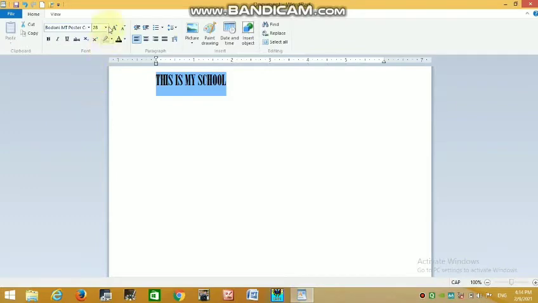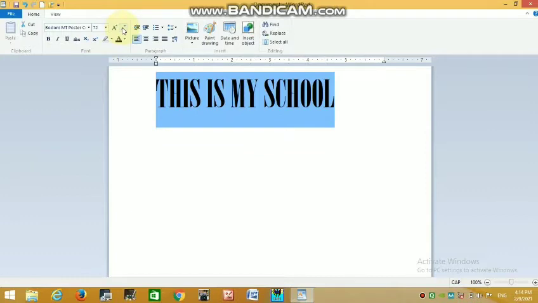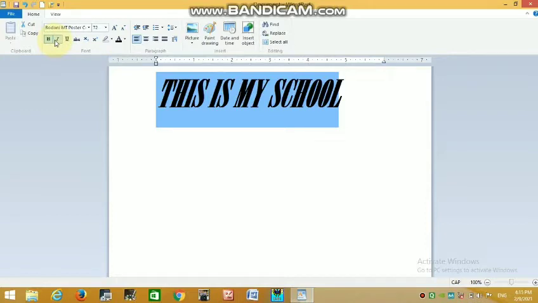With the help of grow font, you can grow the font and you can shrink your font. Bold is used to darken your text. Italic, you can see the text is a little bit slanting. Underline, with the help of it you can underline your text. So these are our basic commands.